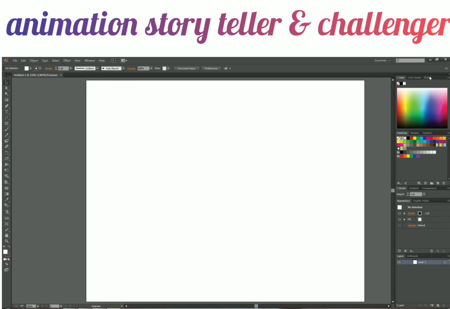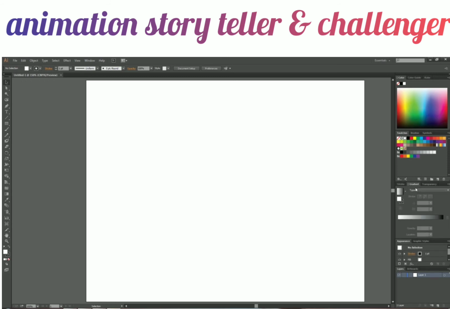When you open this panel, you will be like, what's going on and what is all this, and don't worry, we will cover all of them. It's not as difficult as it looks. It is pretty easy.